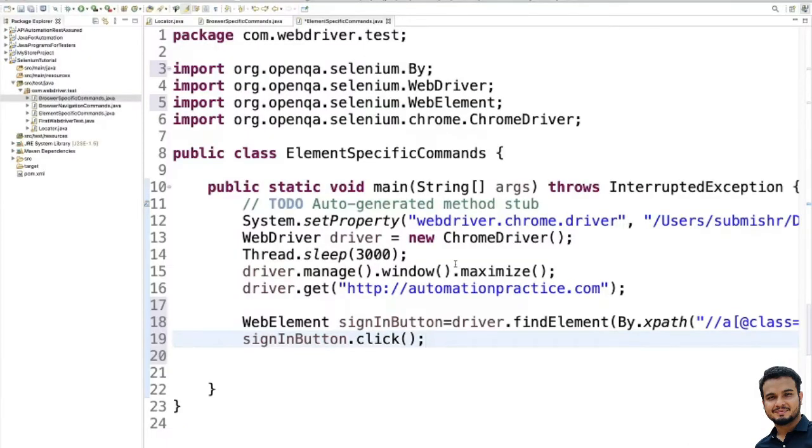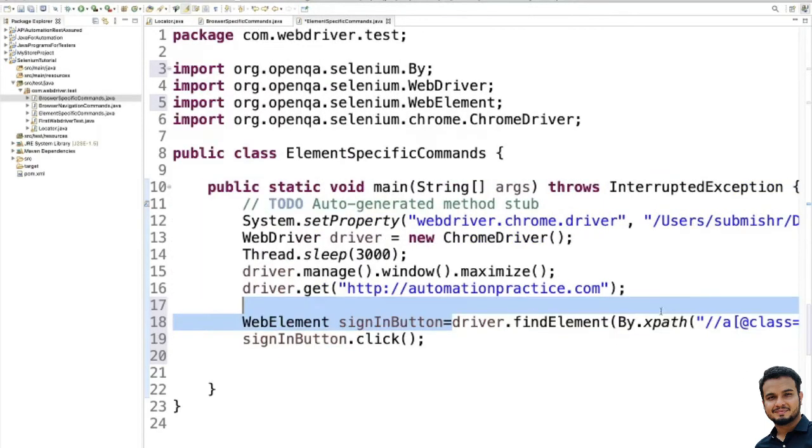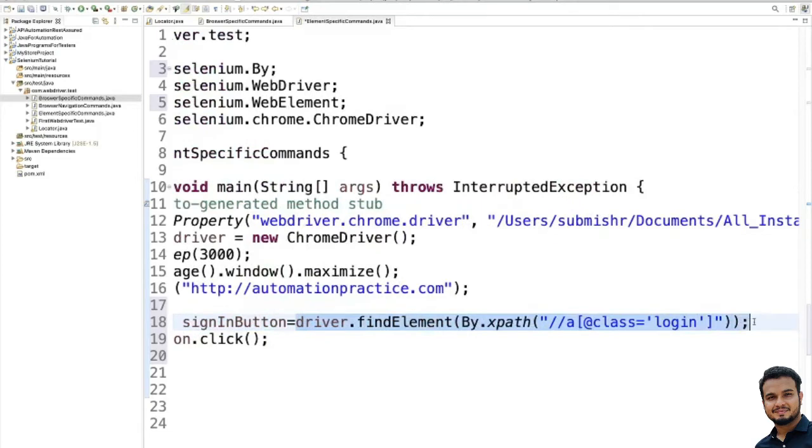So things to notice here: whenever you want to get a web element object, you always need to write WebElement, then you can give that particular name, and then write driver dot findElement and how you want to find it, whatever locator technique you are using. Also, previously we had written it like this, right? So that is also possible.